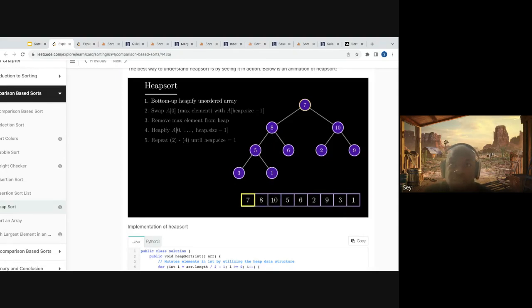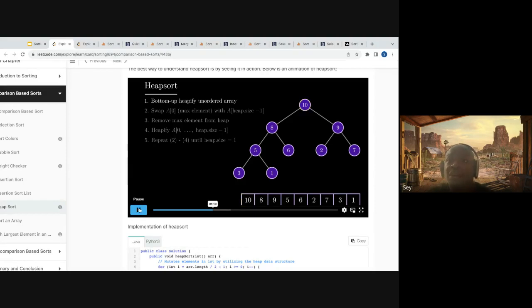And then we go forward and take 7. Because 10 is bigger, we put 10 at the root. And then we put 7 in the right position by swapping it with the bigger of the 2 children, which is 9. Now we have a max heap. So that heapify process created the heap from an array. The reason why we do this is that we are trying to do it in place. We don't want to allocate space to create an extra array as a heap and add items to the heap. You could do it that way too, just that you create extra space.